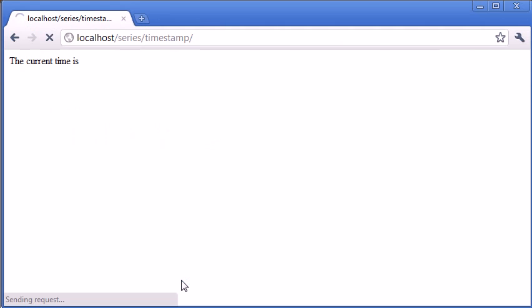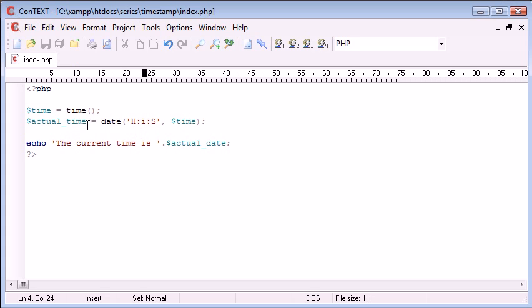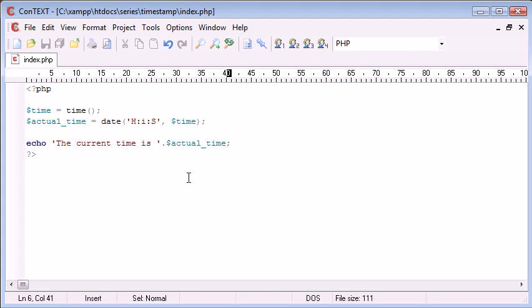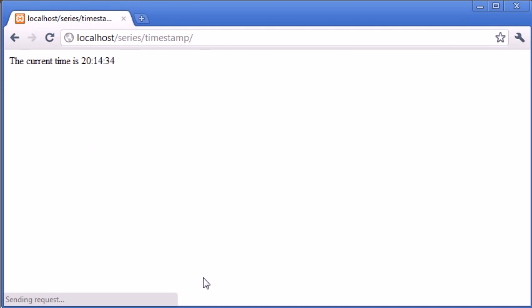Let's refresh, and you can see what's happened. Oh no, what's happened? Okay, yeah, that's because I've put actual date instead of actual time there. That's my variable naming wrong there. So let's refresh and we'll see what's happened. Oh, we've got an error there. Oh, that's a small s. Refresh. So, okay, now we're showing the current time is